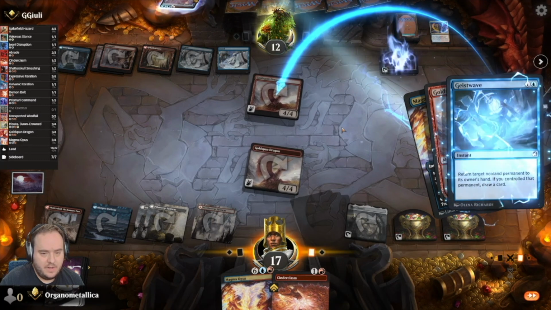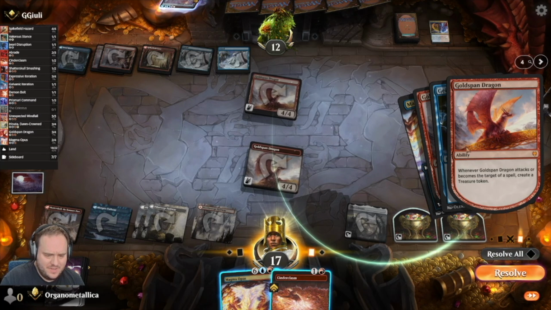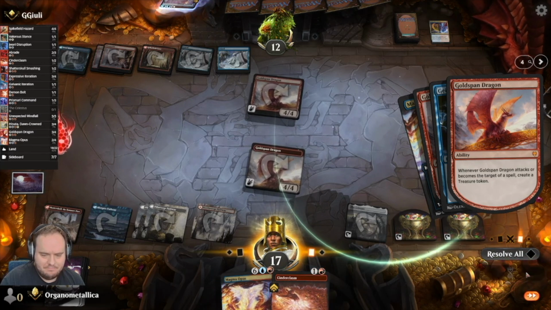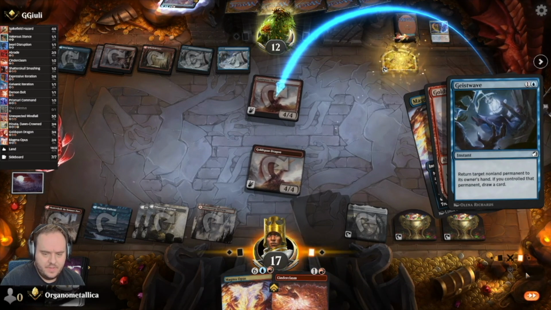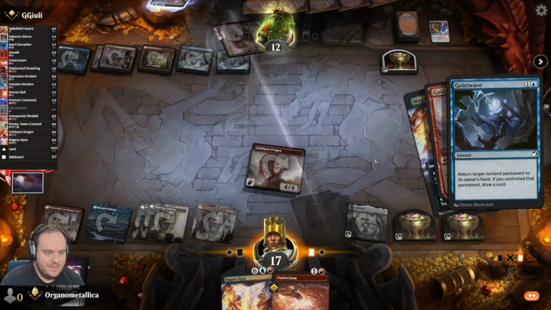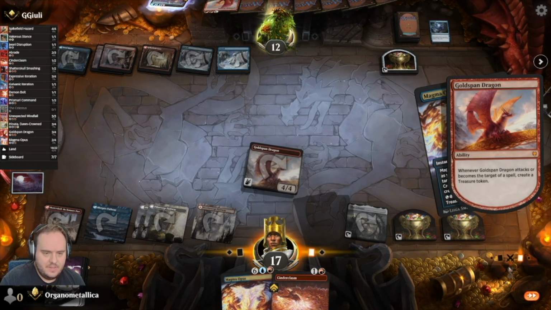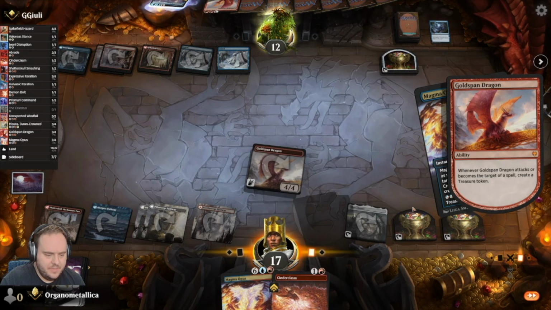It's possible that they finally have a counter spell. Geist Wave. Why is everybody playing Geist Wave all of a sudden? Yikes. Okay, well. Alright. Pop off, man. I mean, I still get a Deuterino, but